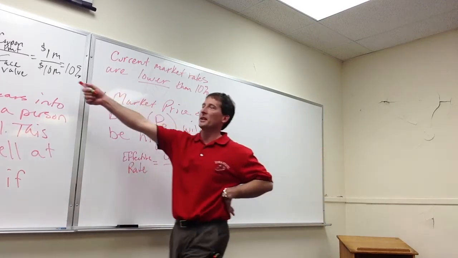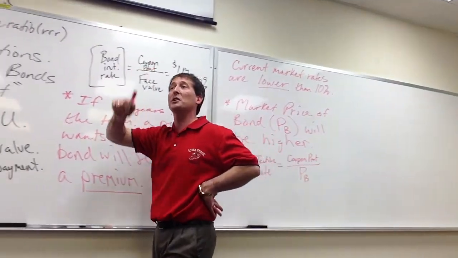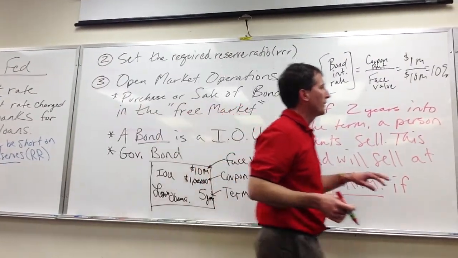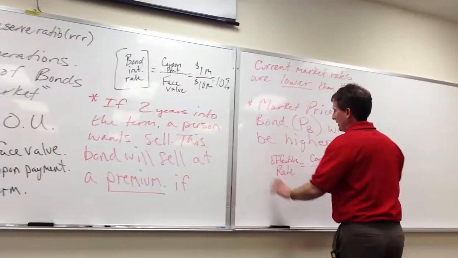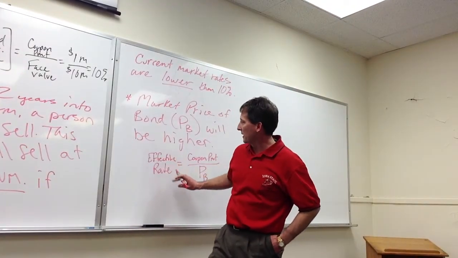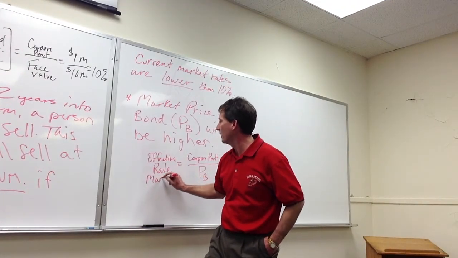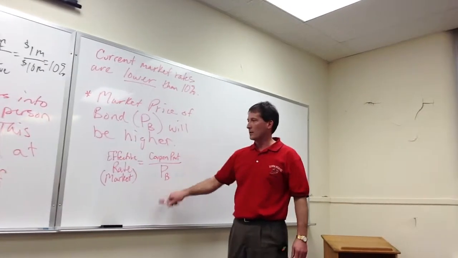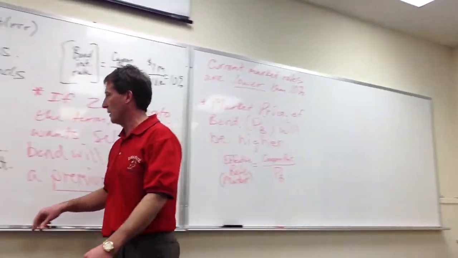Same calculation here, bear in mind, but again, we're 2 years into the future, and the situation's changed. The effective rate is really the market-driven rate. And so if we rearrange this little algebra,